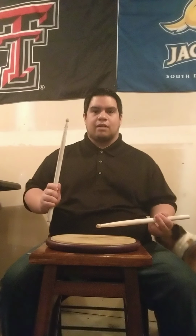What else can I talk about? Oh yeah, so when you're playing on a drum, you have your set position, which is about an inch above the head. You have 3 inches. I don't know if you can see that or not. Here, turn this. So you have your set position, which is about an inch above the drum. You have 3 inches, 6 inches, 9 inches, and then 12 is pretty much the entire stick